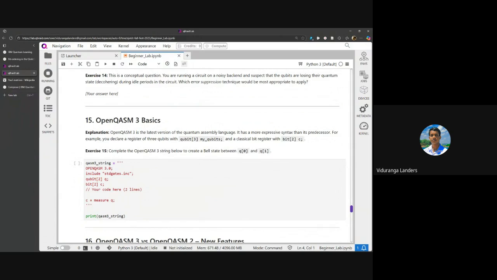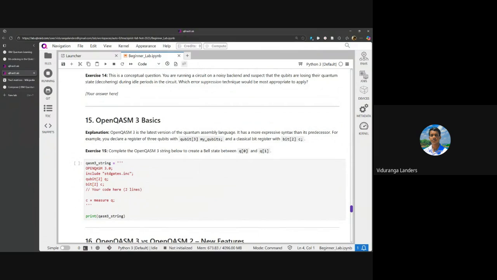So whether it is C, Python, Java, or Rust, it doesn't matter. You have to translate everything into assembly language to run it on a classical device. Similarly, the OpenQASM standard is actually the quantum assembly language, the standard that everyone is trying to